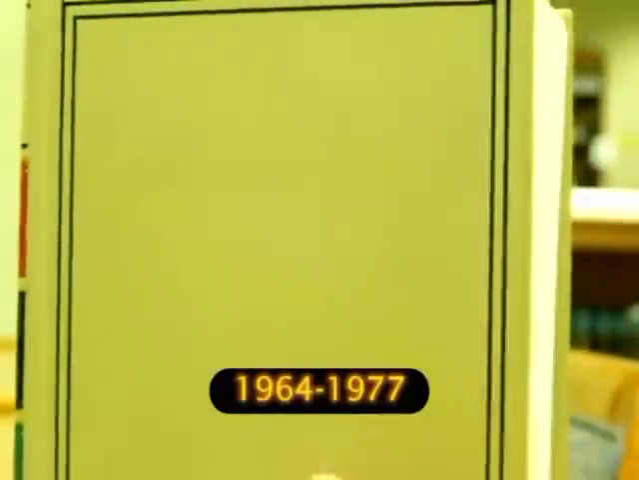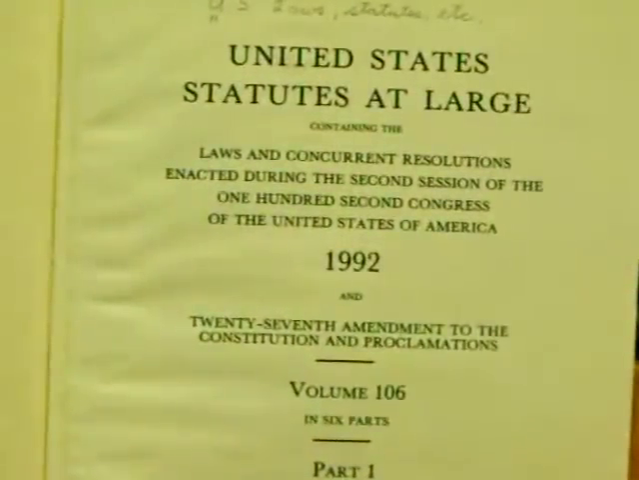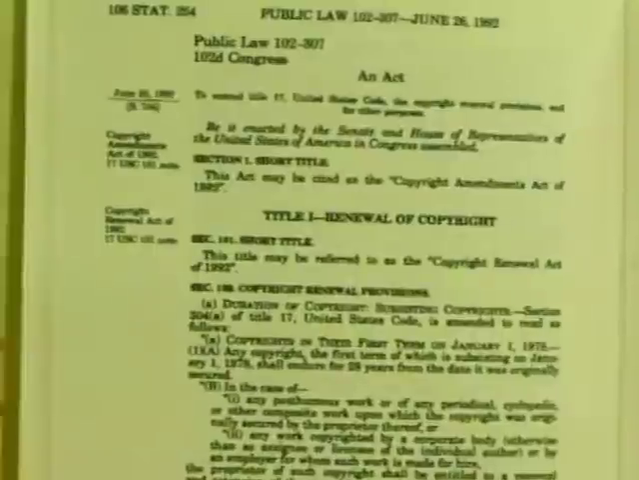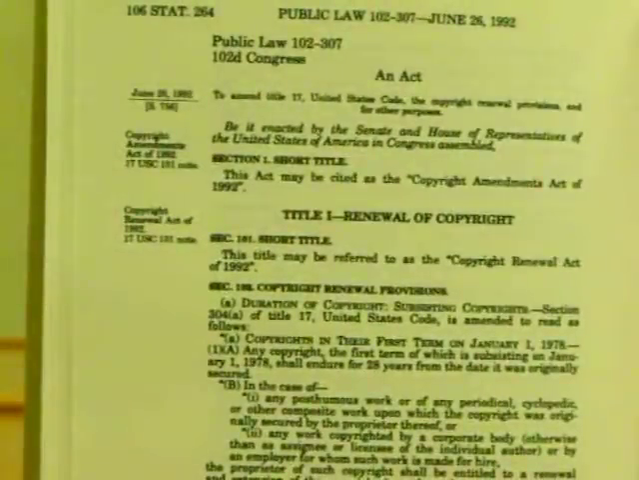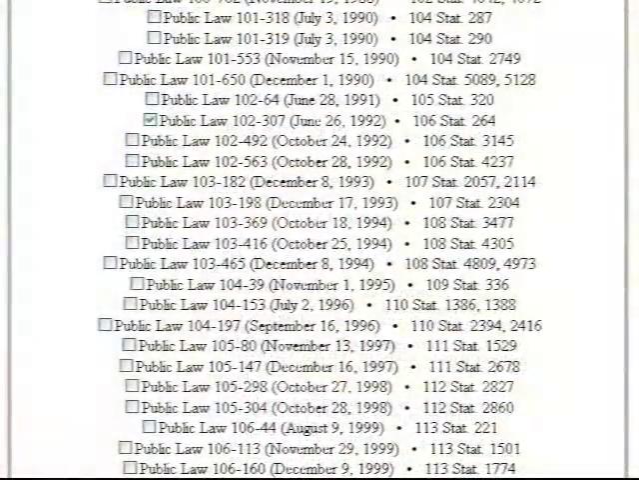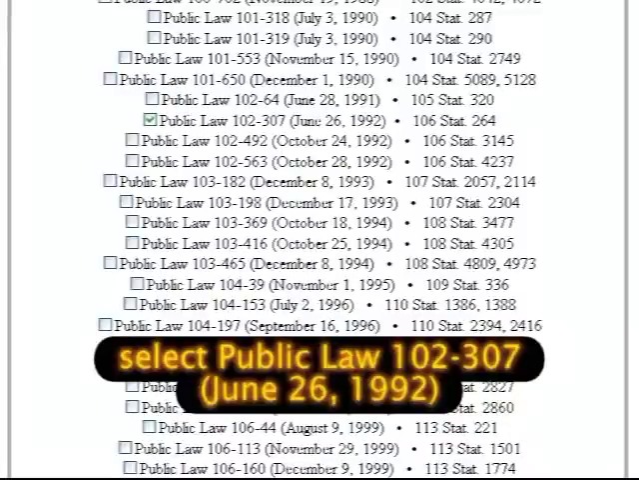If the work is from 1964 to 1977, there's another little hiccup. In 1992, Congress passed a change to the Copyright Act whereby all works from 1964 onward were automatically renewed. Therefore, the copyright holder didn't have to bother with filing a renewal. The work gets protected for the maximum amount of time permitted by law without any additional effort on the part